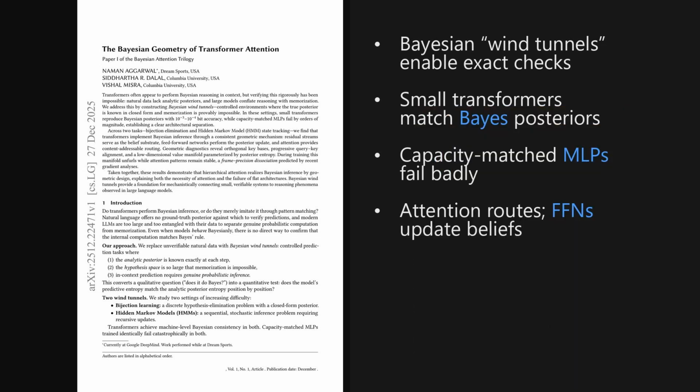I'm Alex. Today we're looking at a paper trending on X, published on December 27, 2025, about 5 days ago. This paper introduces Bayesian wind tunnels, and it shows that small transformers can match analytic Bayesian posteriors with 10 to the minus 3 to 10 to the minus 4 bit accuracy, while capacity-matched multi-layer perceptrons fail by orders of magnitude. The paper is titled, The Bayesian Geometry of Transformer Attention. And as we'll see later, the geometric story of how attention enables that Bayesian-like behavior is the really striking